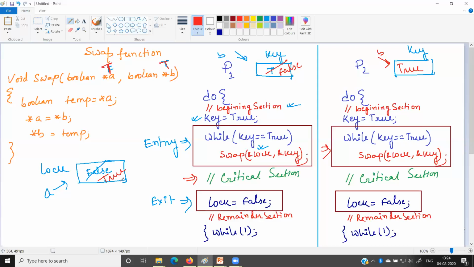So it will set the value of lock equals to false, so the value of the lock will change and it will now become false. Now you can remember that P1 and P2 are continuously monitoring, continuously checking the condition of the while loop and continuously calling the swap function. So once the process P1 changes the value of lock to false, in that iteration,